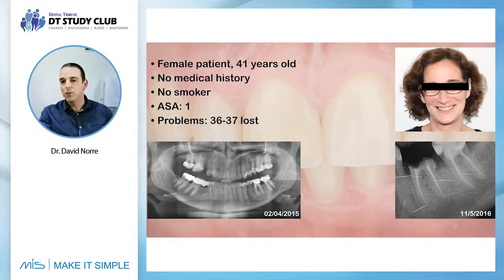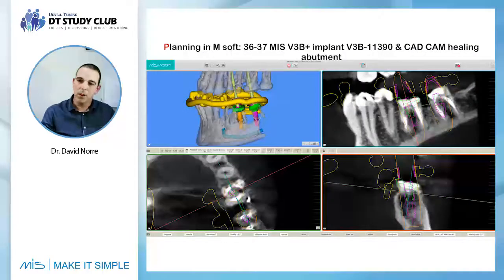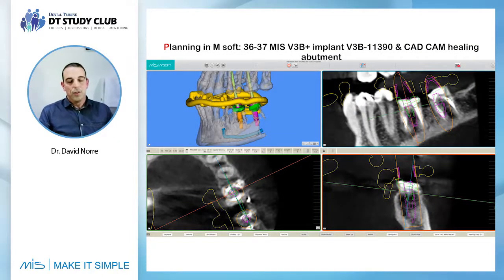So we know these two teeth are lost. You can see the clinical picture here. What do we do? We just make it digital, patient. We scan them. We took a cone beam of the mouth, a full one, and we plan digitally the two implants. To plan the implant, the most difficult part is to know, to expect where the implants could have more or less stability. So you plan the implants,